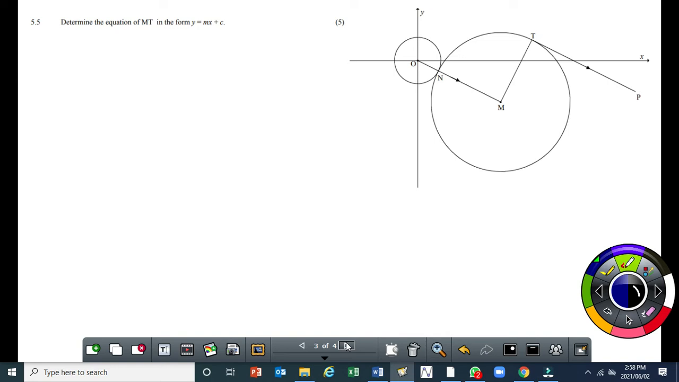Well, so far we know the coordinates of the center: x is 8, y is minus 4. We know the coordinates here at 0, 0. We also know that the two radii are perpendicular. So why don't we